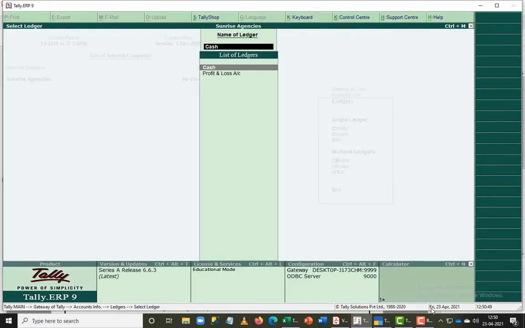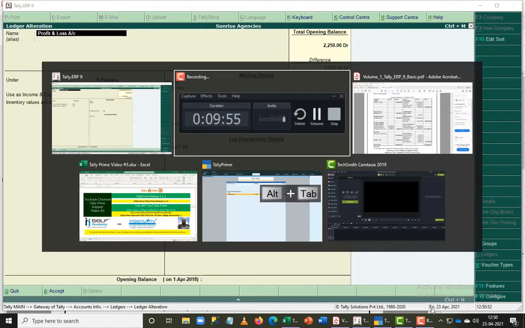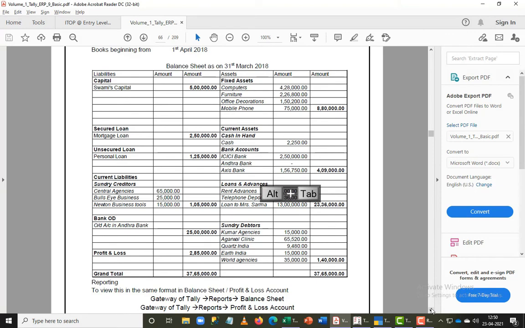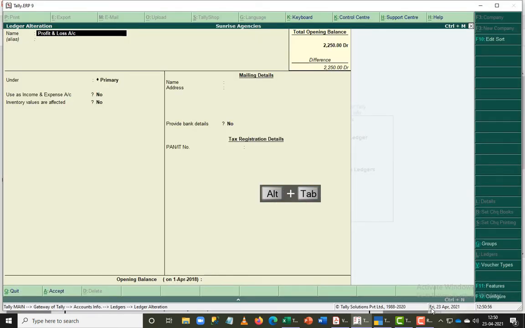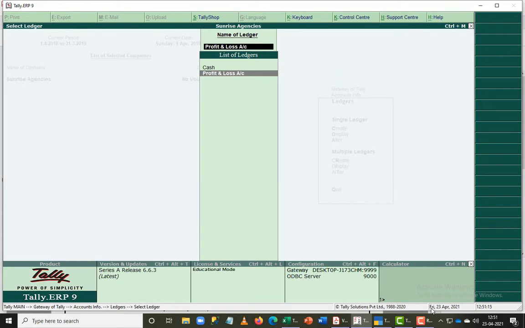Now I want to add the next part, that is profit and loss account. The profit and loss account value that I have in here is 2,85,000. So I'm going to feed that, control end again, 285,000, give an enter. You can see automatically it shows you a credit here because I'm having a profit in my company. If it is a loss, I will add a debit in here so that it will become a loss and it will be a part of your asset side.